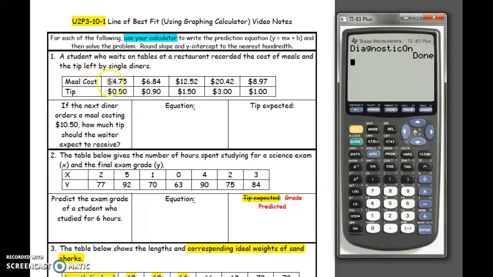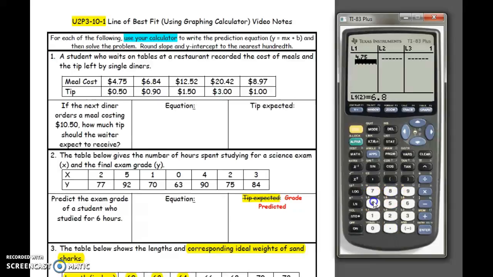So we're going to enter this data table. A student who waits on tables at a restaurant recorded the cost of meals and the tips left by single diners. When we have a horizontal table like this, the top row is always X, the independent variable, and the bottom row is always Y, the dependent variable. So we're going to enter the meal cost into list 1, so Stat and Enter, and we're going to enter $4.75,